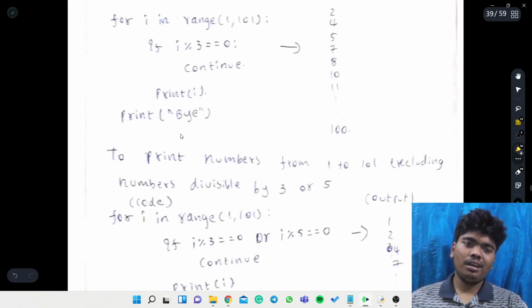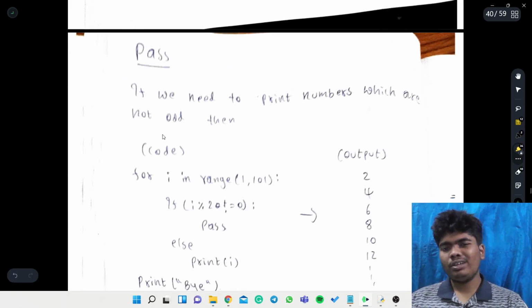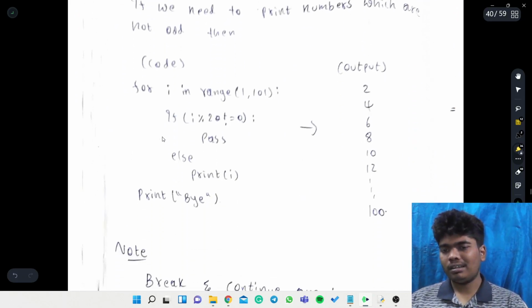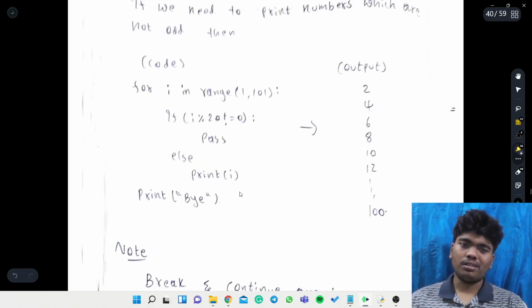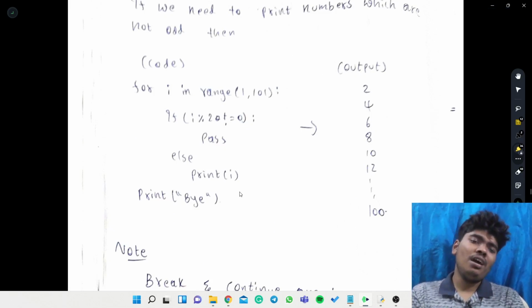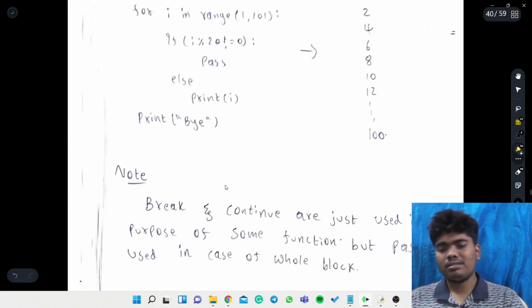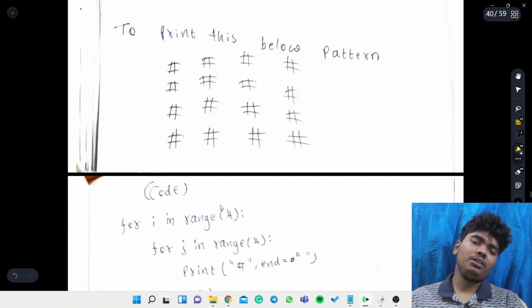Pass, break and continue, I think they don't have much change, but I don't know the exact change it has. Note, break and continue are used in the purpose of some functions, but pass is used in case of a whole block. Actually, if we implement some bigger programs, I think this pass may make a big change, but now it doesn't make any change compared to continue.